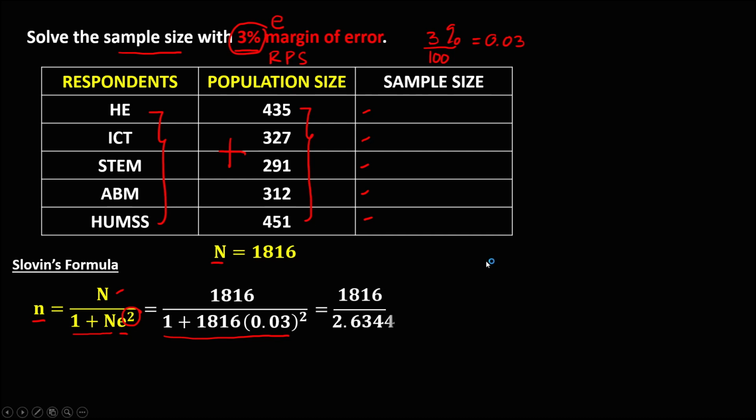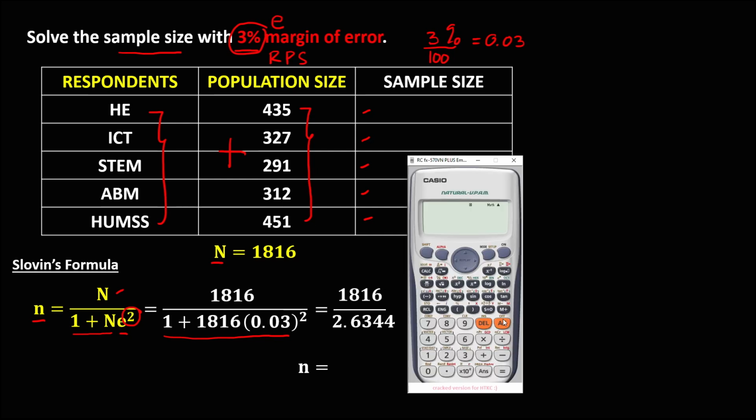So over 2.6344, then to find out the sample size, so we have 1816, then divide by 2.6344. So that's